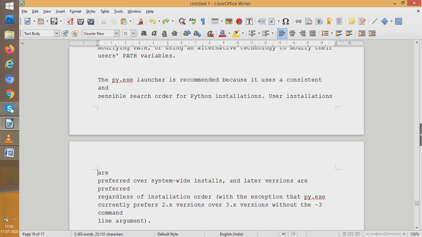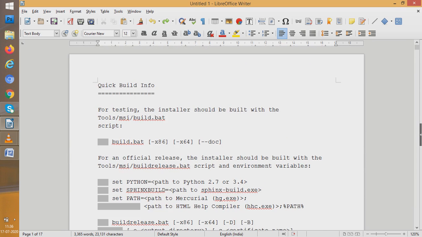Now students, one more concept you should understand: while someone would have written this given document, he would have put an enter key, space key, tab key.